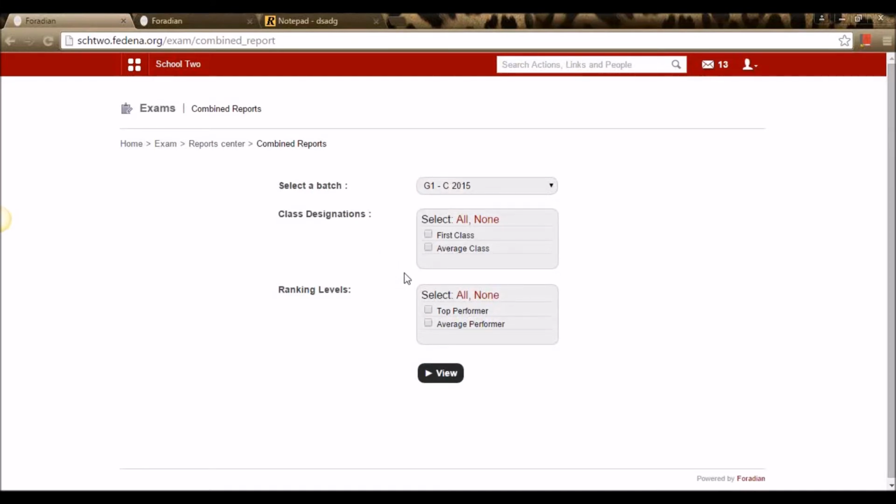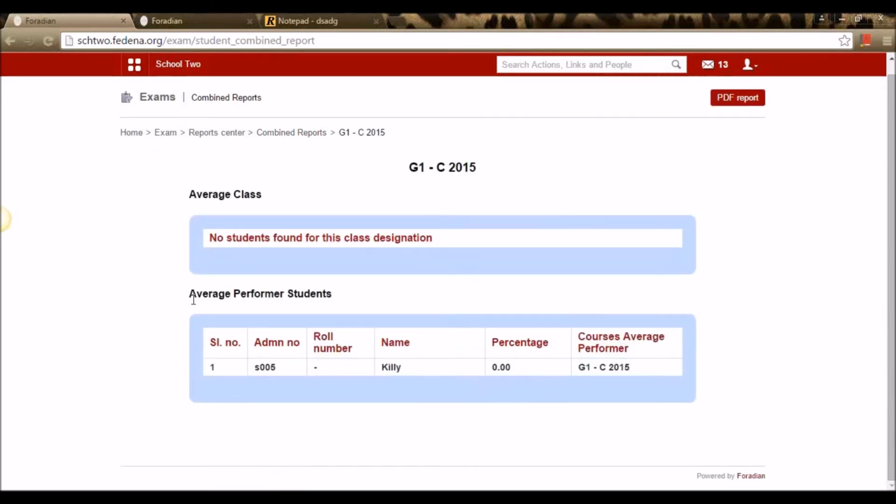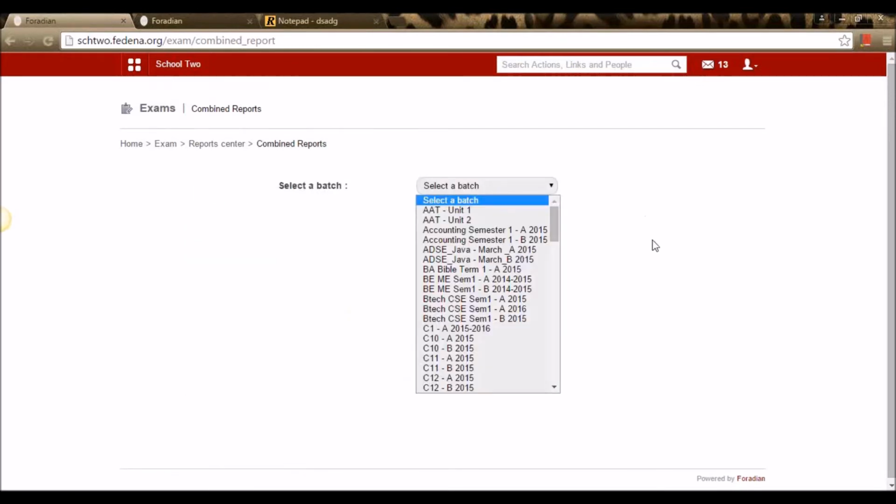In case I want to check which students fall under a particular category, say average class and average performer in a particular course, I can select the batch, select these categories and view. So I can see that there's one student who falls under average performer, and there's no other student who falls under the average class. Similarly, we can customize and view.